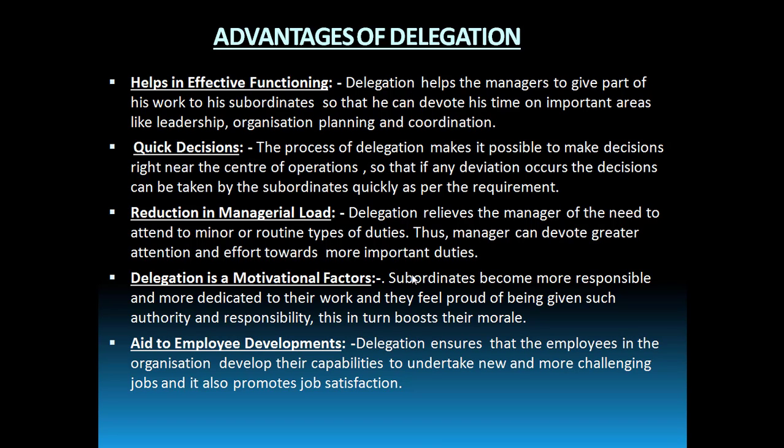So depending upon the capability of the subordinate, the amount of job will be assigned to the subordinate by the manager, the amount of authority will be delegated to the subordinate, right? So when delegation of authority is being used in an organization, it becomes a major function of the manager to keep on enhancing the capabilities of the subordinates, because if their capabilities are enhanced, they will be in a position to take more challenging jobs, right? And this will give more job satisfaction to the subordinates.